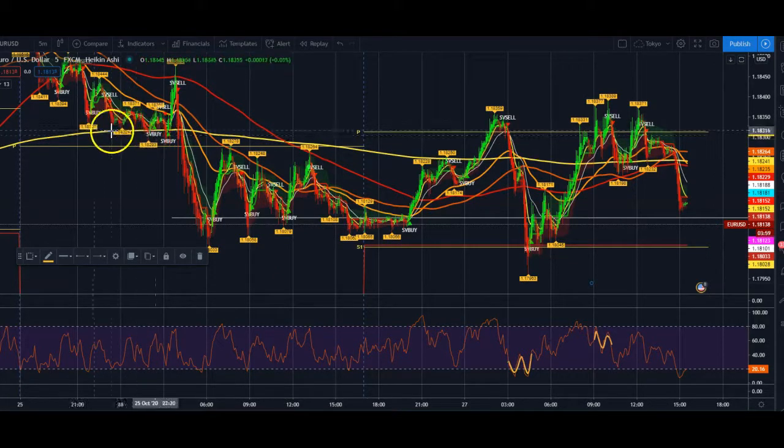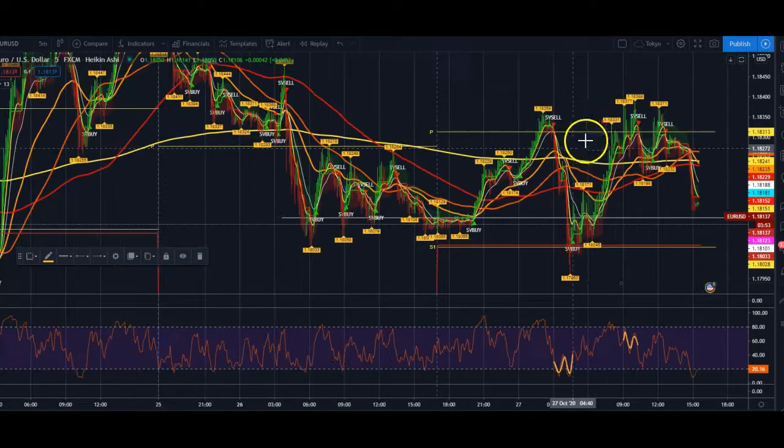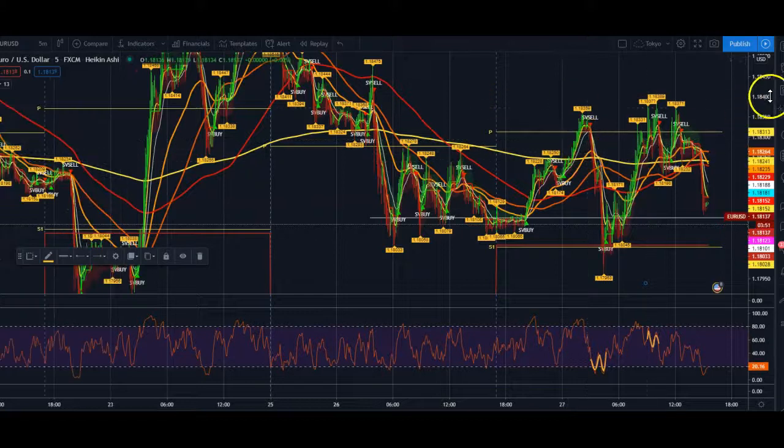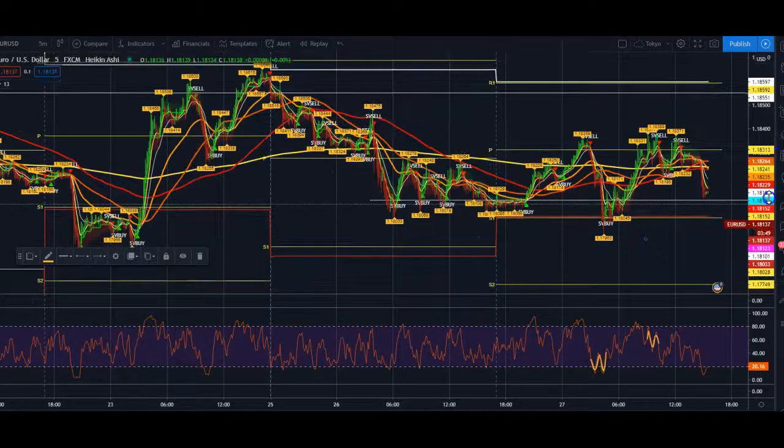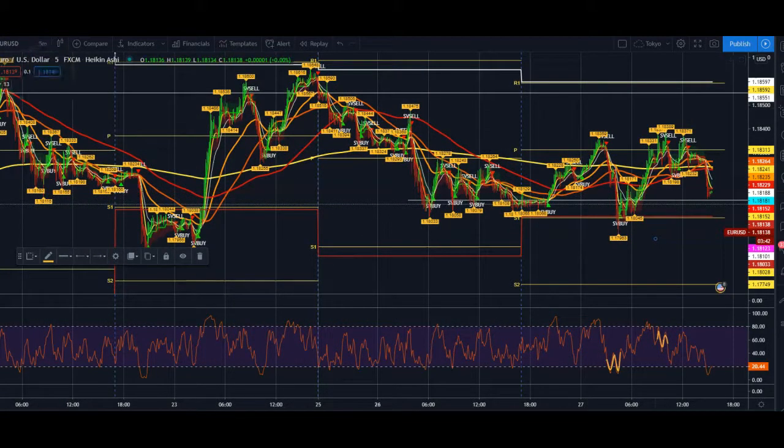So see, once price broke this structure, what did it do? It came on down. So if we squeeze our charts down and look for previous structure, you always want to look left. You always look left before you make your trade, okay? So what I'm going to show you here is,